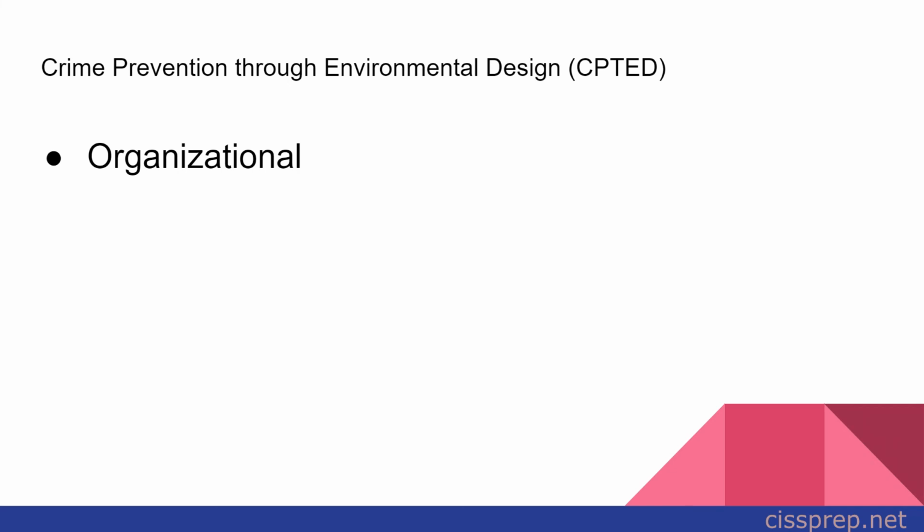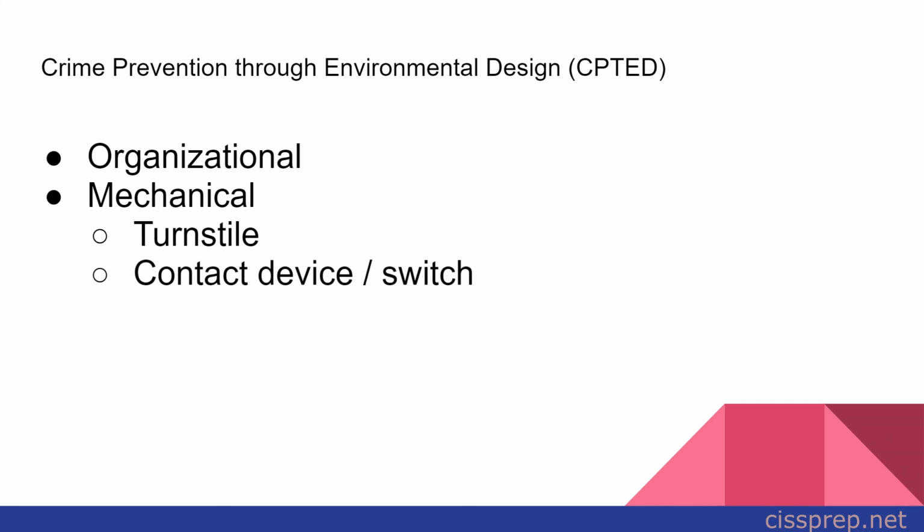This is an approach to crime prevention through the use of common sense tactics, such as placing receptionists or guards near all entry points, locating server rooms off the beaten path, and having thick brush near an entrance that you don't want people to wander into. It has three categories. It has organizational, mechanical. An example of this might be, okay, so we have the guards, and then with mechanical, you're going to have something like, this might be putting turnstiles at each entrance,